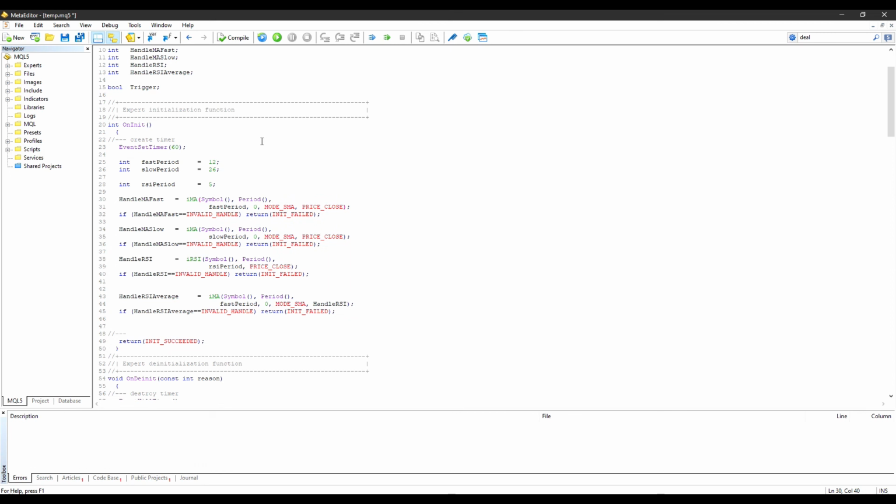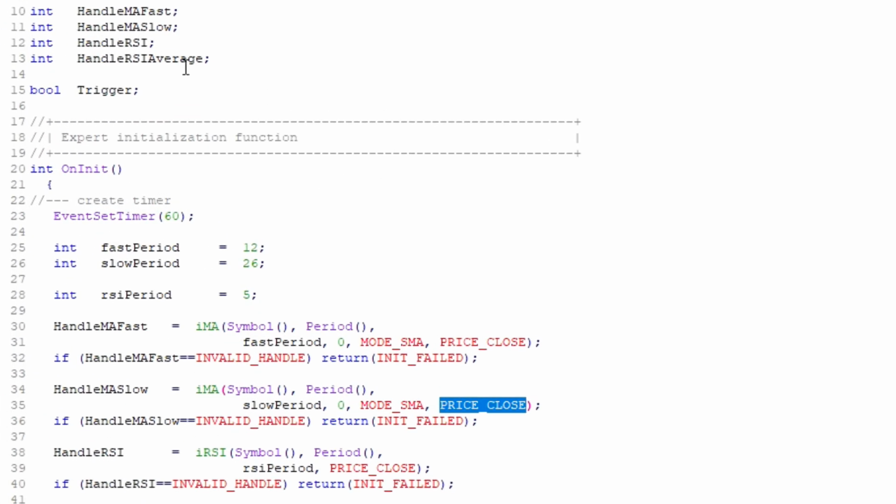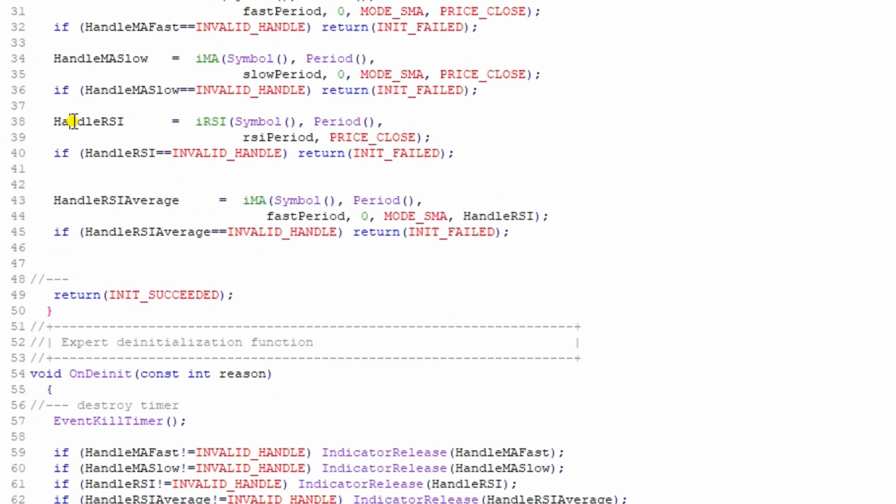Now the last example I want to show, and I won't go into a lot of detail on this, is an alternative to the applied price value that we've been using. So I've created another handle, which I'm calling the handle RSI average. I'm going to calculate the moving average of the RSI. So to do this, I've already got the handle to RSI, which I've tested to see that it's not an invalid handle. And then I'm creating an IMA technical indicator, still using symbol and period, passing in the fast period value,